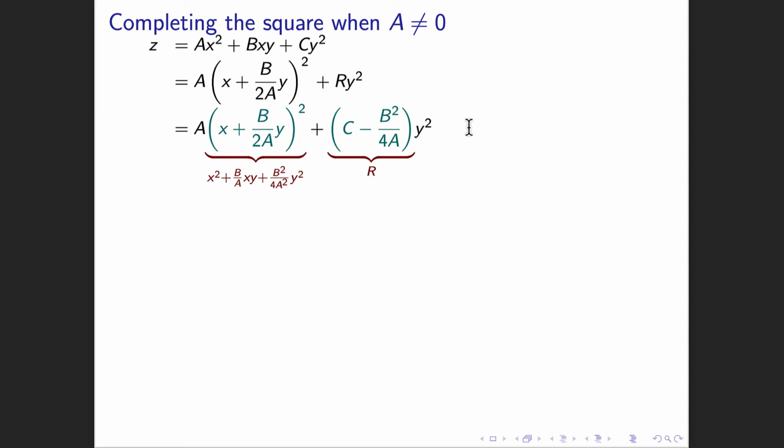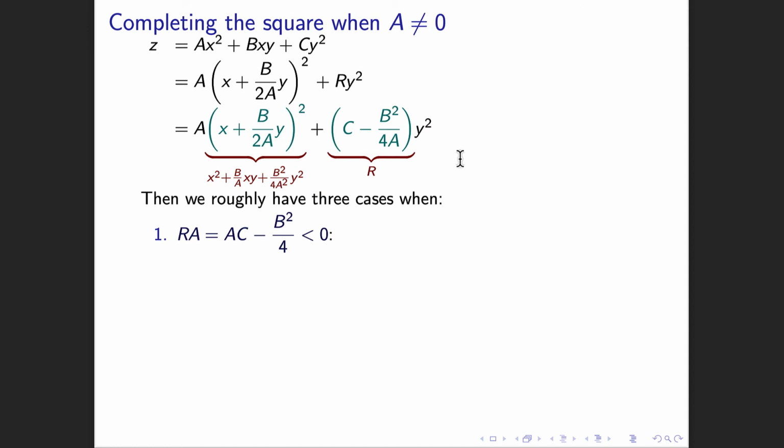So I'm going to look at the coefficients of this complete square and of y squared, and see how they relate to each other. The first case is that if the two coefficients have different signs, that is, if r times a, the coefficient of y squared and the coefficient of the first complete square, multiply to a negative value,